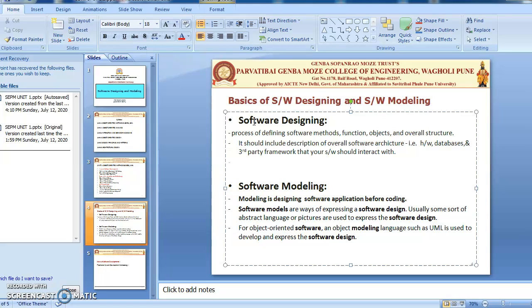Whatever requirements are collected from the customers, depending on that requirement the software designing will happen. What databases, what hardware, what APIs, what other supported tools are needed for this particular application, and depending on the software designing, the modeling will come.